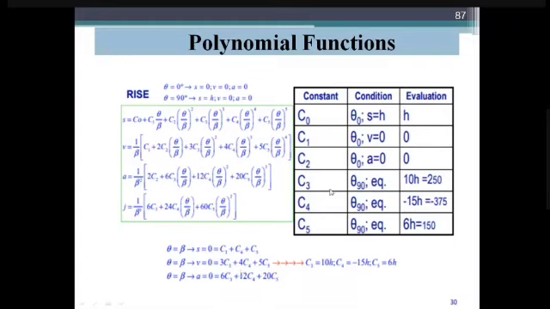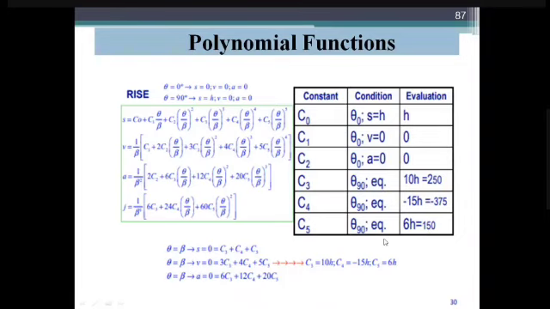Now we have the values of the coefficients C3, C4, C5. At 90 degrees, because 30 degrees and 390 degrees, this is the fifth order we can get. So what about the evaluation? H is the total height of the drill, which is 25 mm. So each H is 25 mm. So 10 into 25 is 250 mm. The second one, C4, is minus 15 into H, minus 375, and 6 into H is 150.